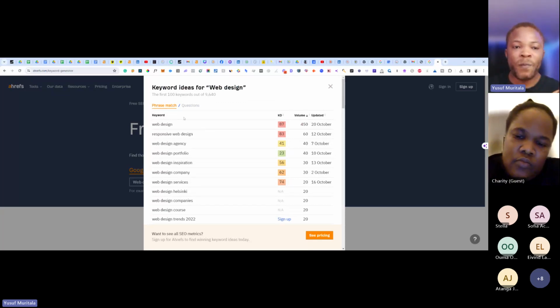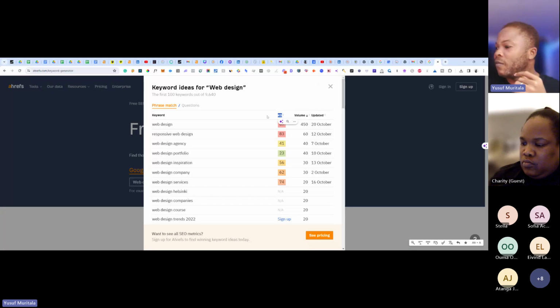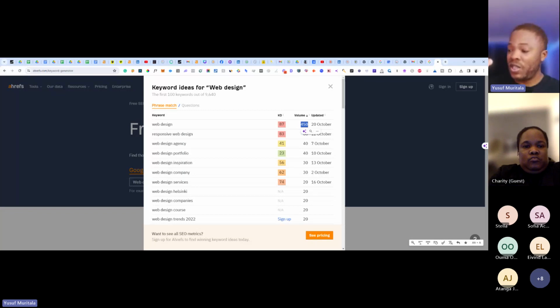So you can see now it shows keyword difficulty. This is how hard it's going to be to rank for this web design keyword, right? And it shows the volume. This is in Finland, the country we selected. The volume is the number of searches people do every month on average for this keyword in Finland, right?